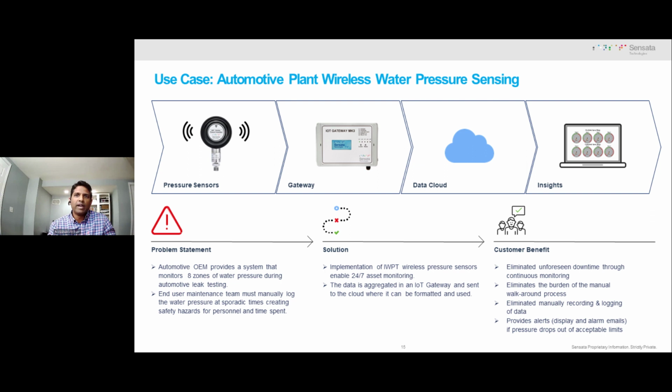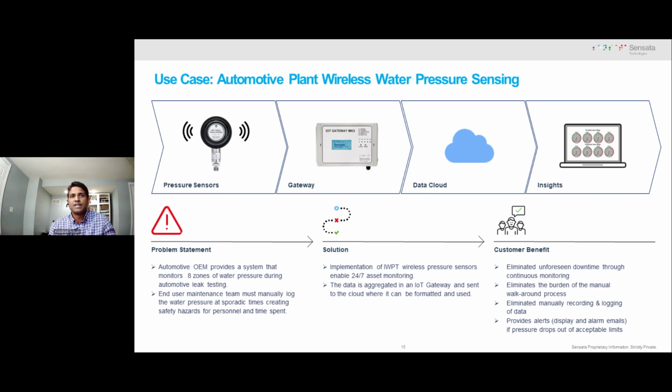We implemented a wireless temperature monitoring solution that monitors and logs the water pressure in 8 zones of leak testing. These values were logged manually before for auditing purposes. So the automatic recording and logging of this data saved person hours and also increased the data accuracy. It was easy and quick to deploy a wireless system, and the system delivered email alerts and provided real-time status